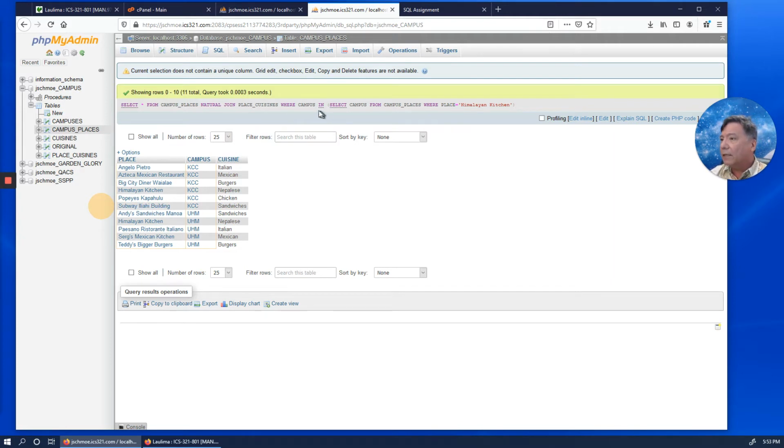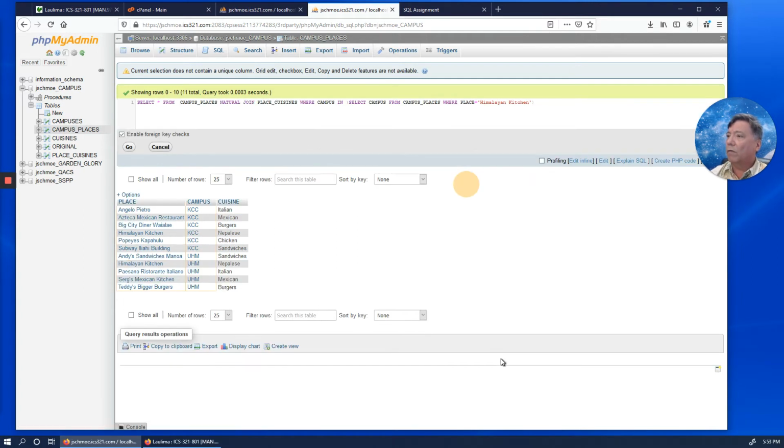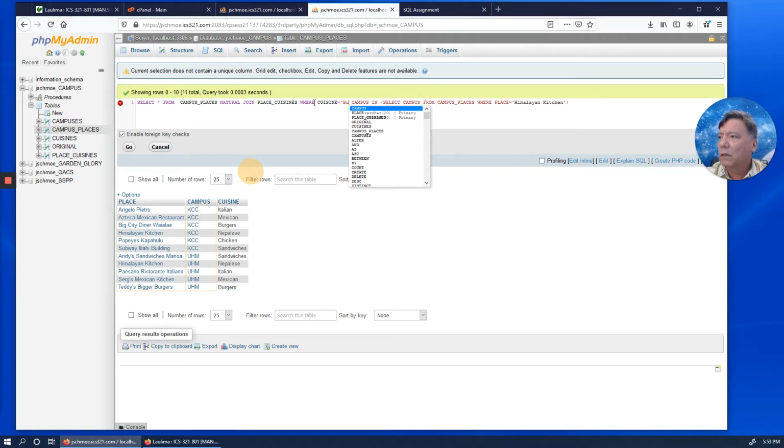Let's and that with all of the places that are burger places, where cuisine equals burgers and campuses in that.